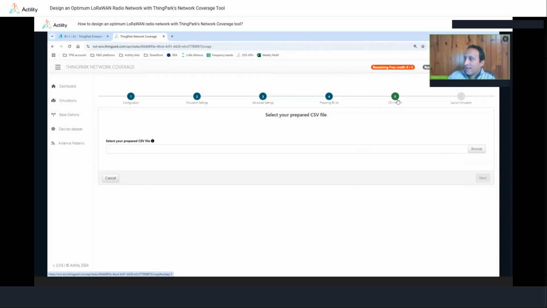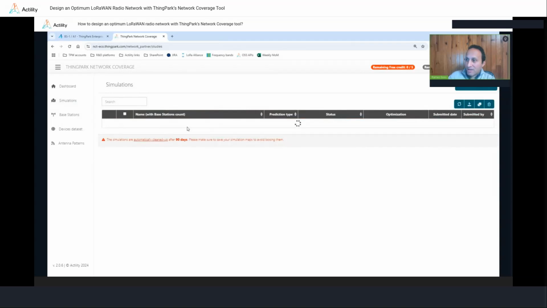And here, I will do exactly the same thing by importing my CSV and activating the smart antenna selection. I would not do that just for the sake of time, but the only change that I have done with this simulation compared to the previous one is that I would like the tool to optimize the number of sites that I want, not only to provide outdoor coverage, but to provide indoor daylight coverage. So without running this simulation, I will show you the result.